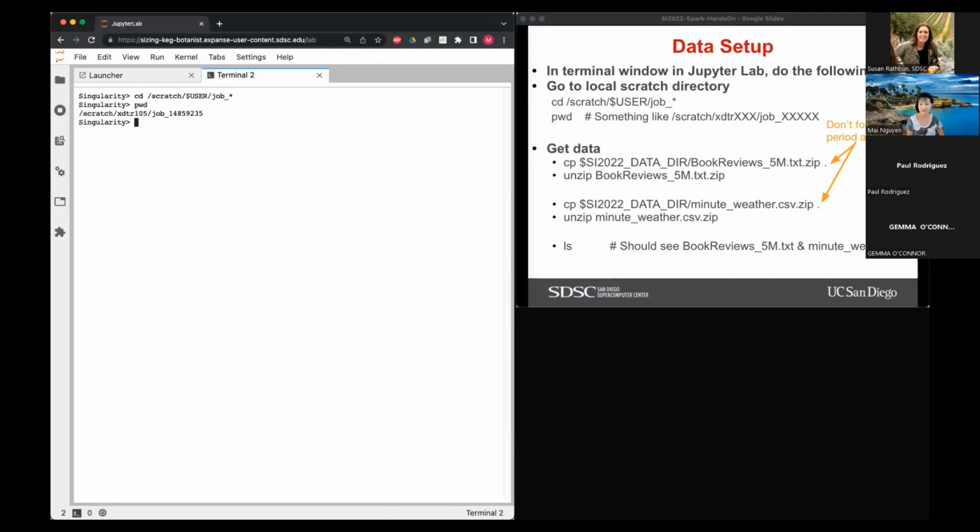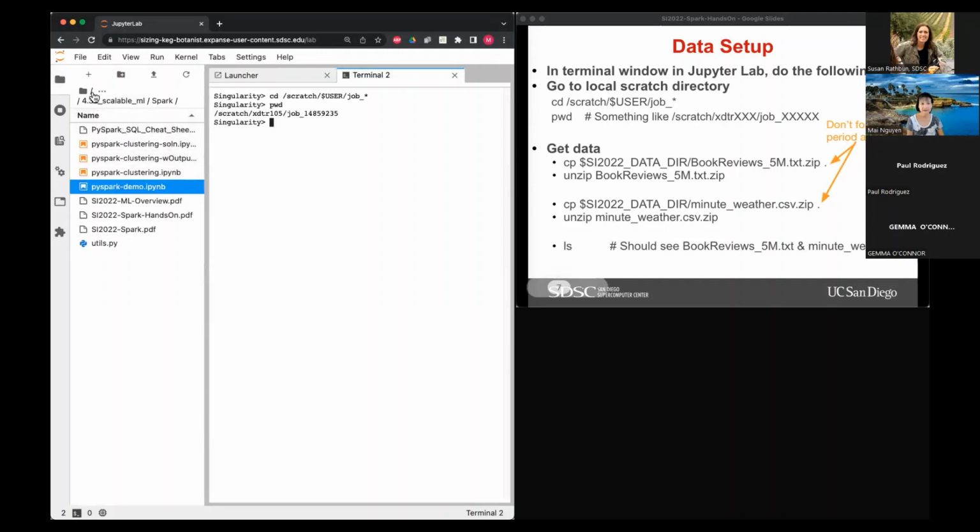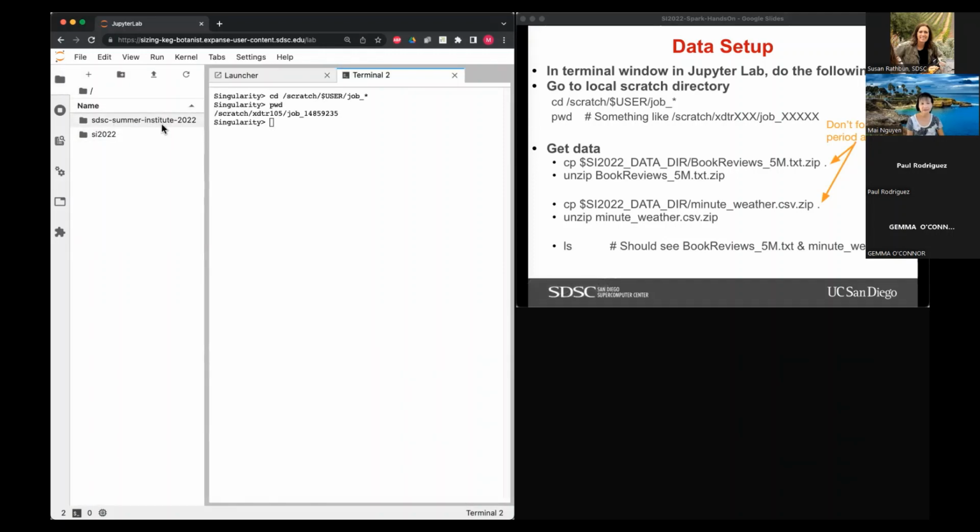On Expanse? Yeah. Okay, so then you cd into that directory, something like SDSC Summer Institute 2022, in your Expanse account, and then do a git pull. It should get all the latest changes. I'm still not sure where to find that.